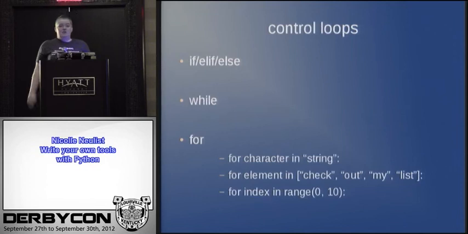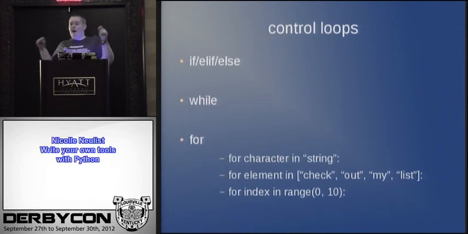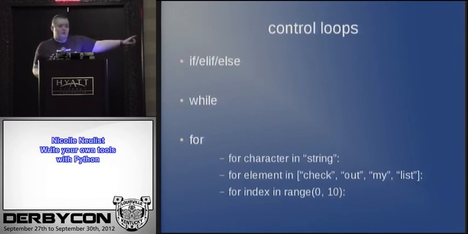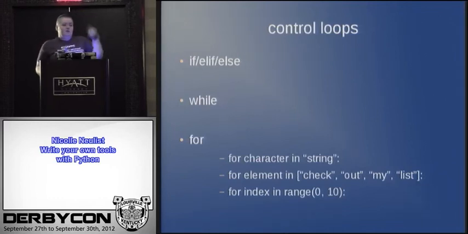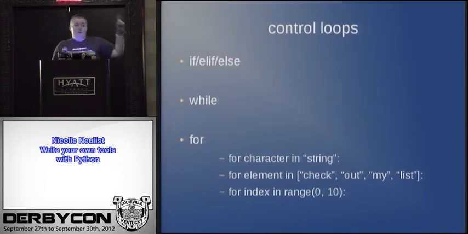And then if it's just a list of numbers, it's not going to make you write out a whole list of for element in 1, 2, 3, 4, 5, ... 105, 106. You can just say for index in range 0, 10, and that's going to go 0, 1, 2, 3, 4, up to 9. So like I said, it starts at 0, but it's going to go 0 through 9, which means it will go through that range 10 times. Let's say you want to skip by 2. You could say for index in range 0, 10, 2, and it would go 0, 2, 4, 6, 8.